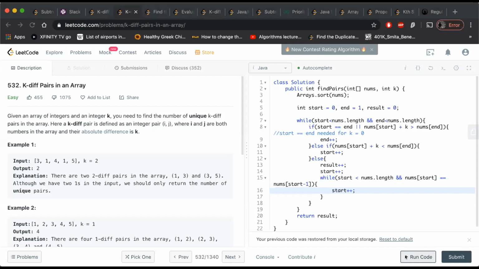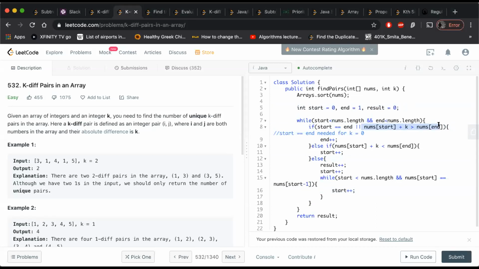Okay. So what I did was I had to sort my array and then use two pointers. I started with the 0th element and the first element, which are my start and the end over here. Result is where I'm counting the elements. And what I do is I check, ignore this condition for now, if the 0th element plus k,